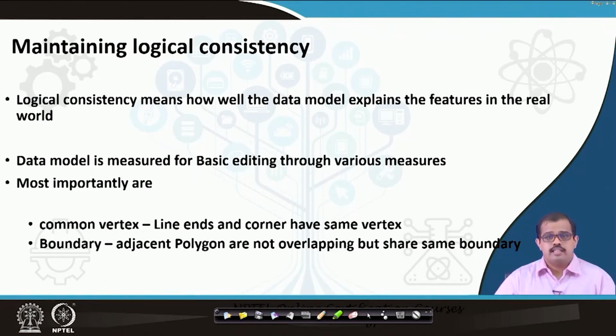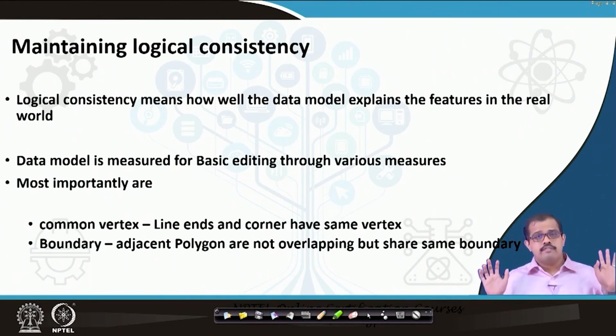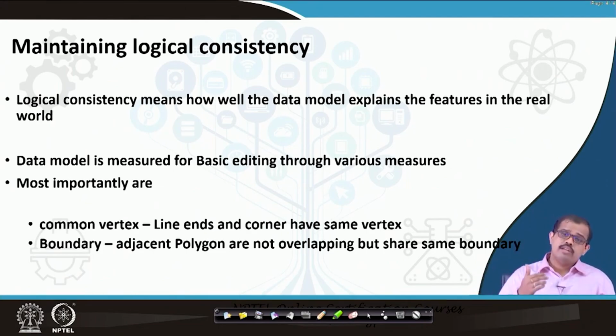Okay, so before we start, a very important thing that we have to look at is how we maintain logical consistency in creating a vector database or any of the data models. This is a very important thing that you have to think about. You can go to the field, collect all the data, extremely accurate, and get it here and put it in the database, and that's fine, fair enough. But when you are looking at the database, your database has to have certain logical consistency. Without logical consistency, your data or your database may not really sound